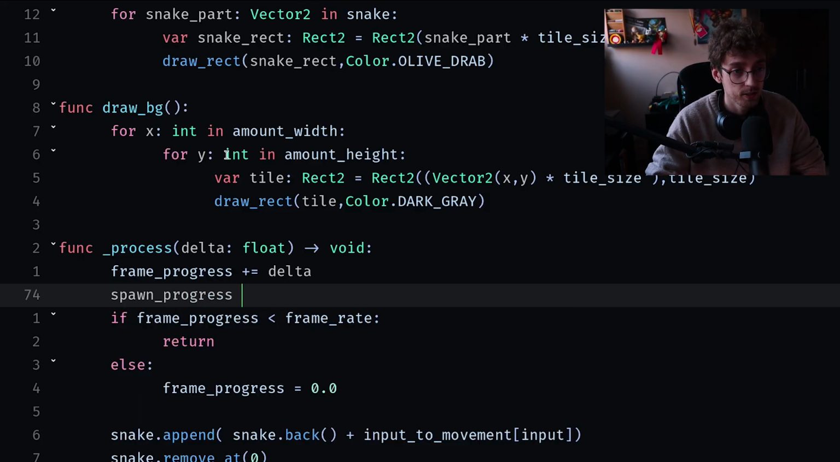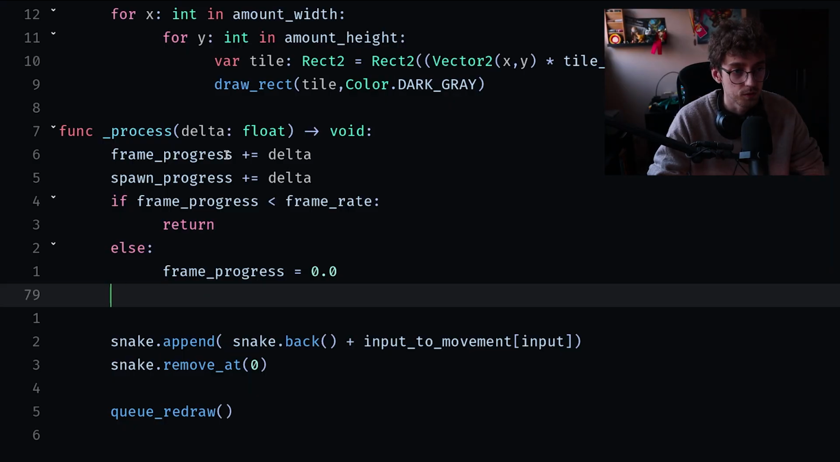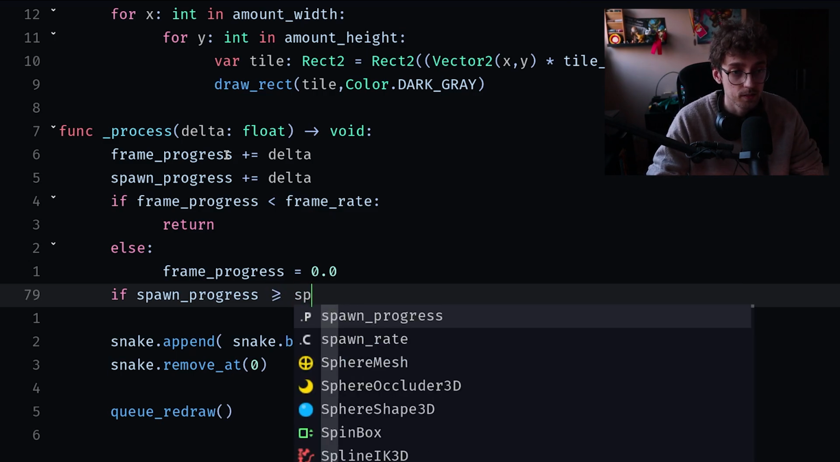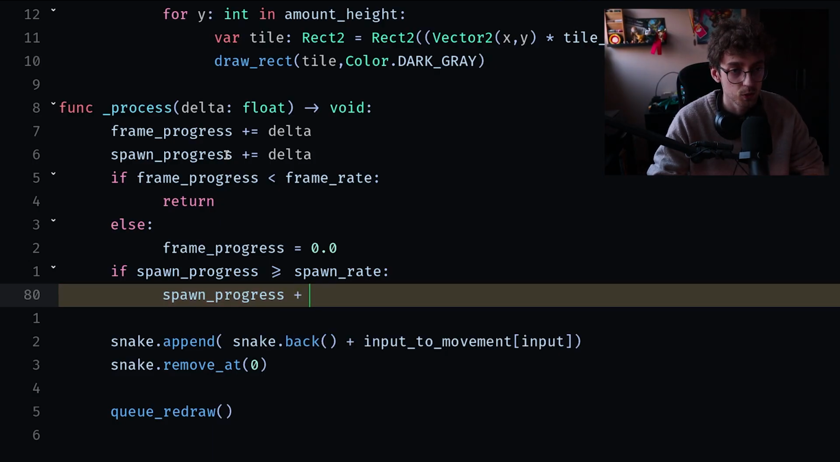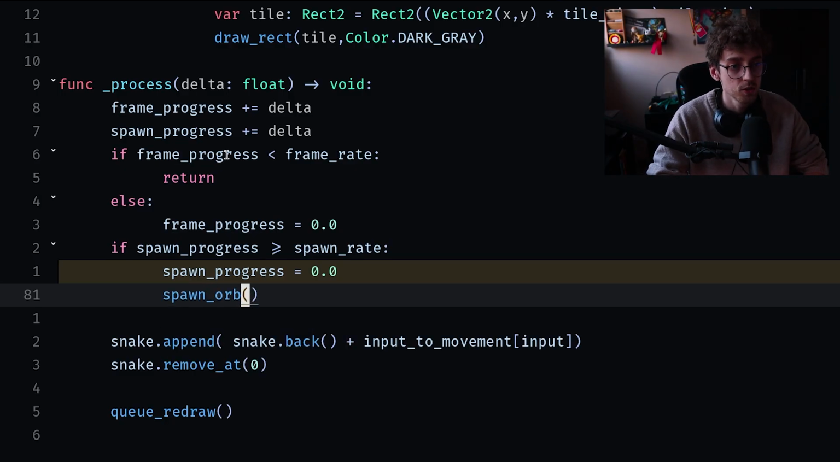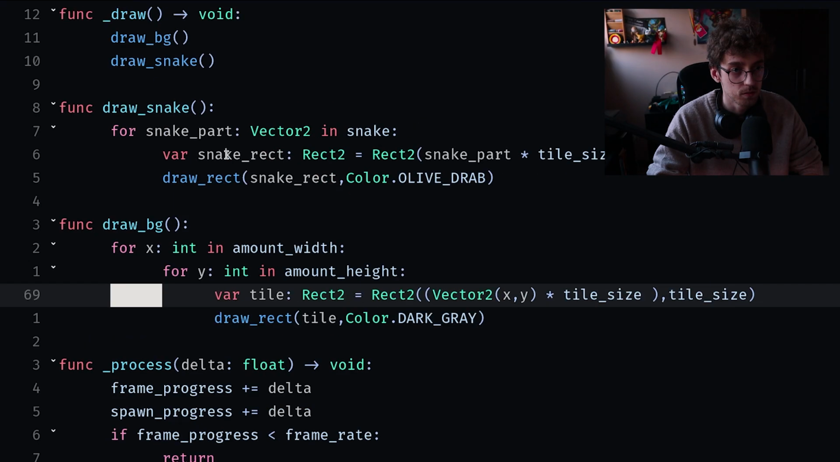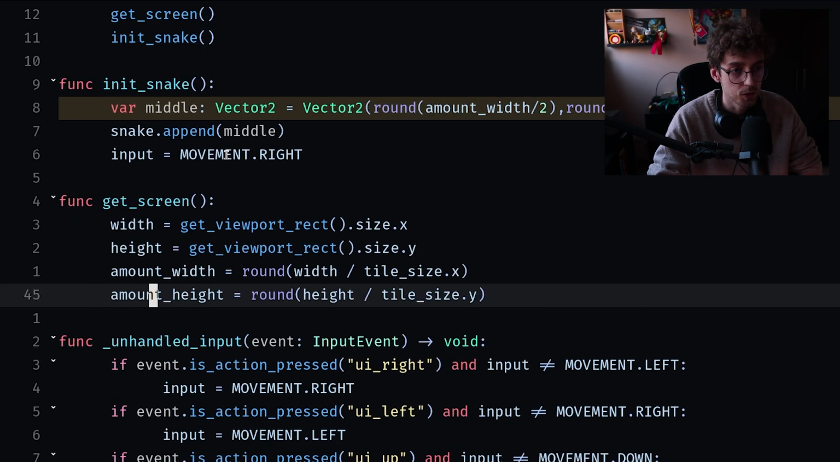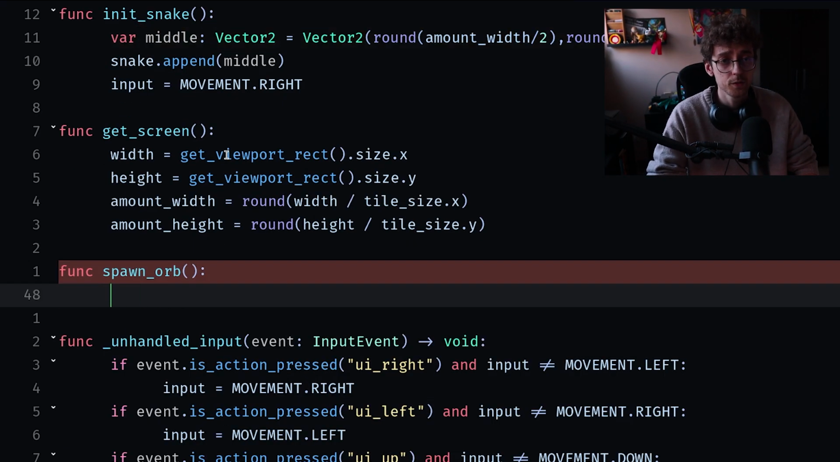So spawn progress plus equals delta. And I will also need to do if spawn progress is bigger or equal than the spawn rate, then it will do spawn progress is 0 and it will spawn and do spawn orb, which I will just put into a separate function because that makes it easier once again to differentiate between everything. I'll put it here on top, function spawn orb, and I need to get a random position